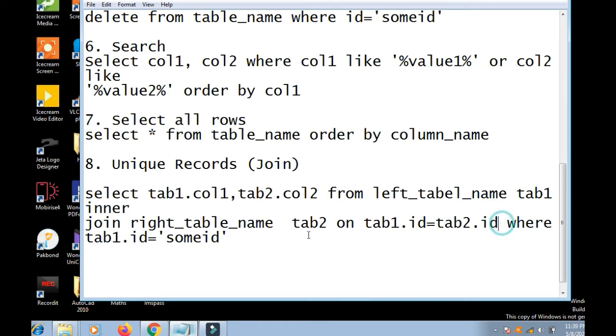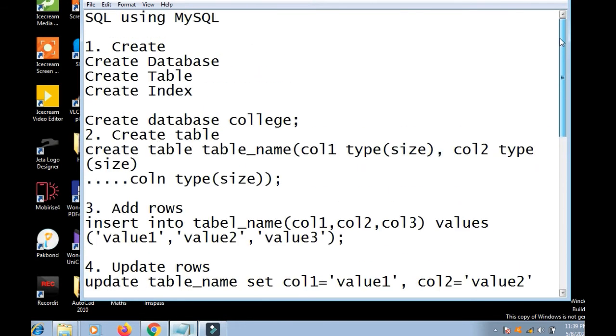We can also use a WHERE condition, where tab1.id is some id. So this is how we use inner join. There is left join, right join, outer join, inner join. Inner join means records that match in both the left and right table. There is no null or empty record; in both left and right, all the records contain some value.